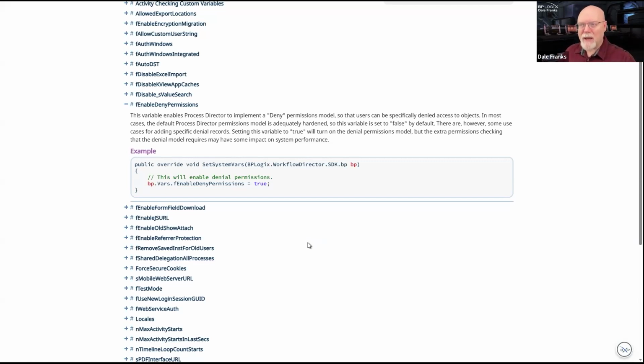what denial permissions enable you to do is to say, okay, I want this person to have A, B, and C permissions on this form generally, and the permissions will be automatically inherited if it's a form, for example, and I create a form instance. As we'll see in a minute, all instances, all child objects inherit the permissions of their parent object, which means in a form instance, that person will have A, B, and C permissions as well.